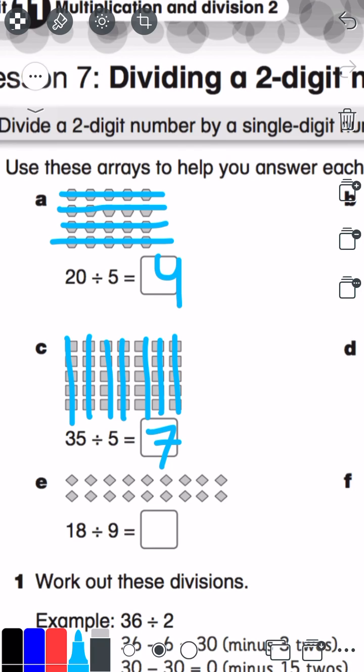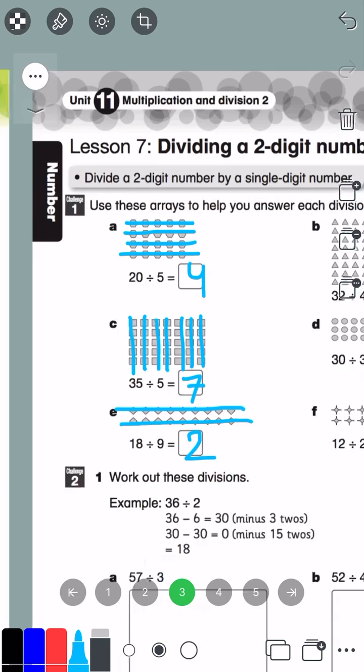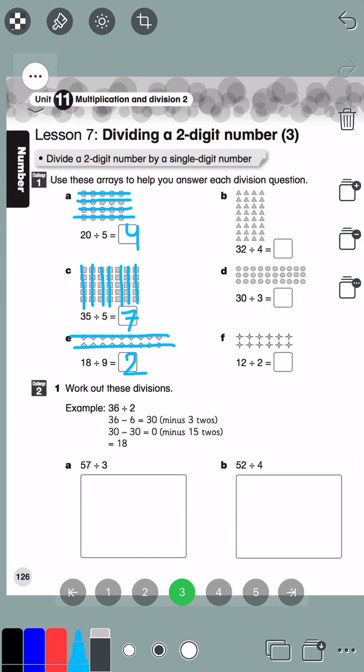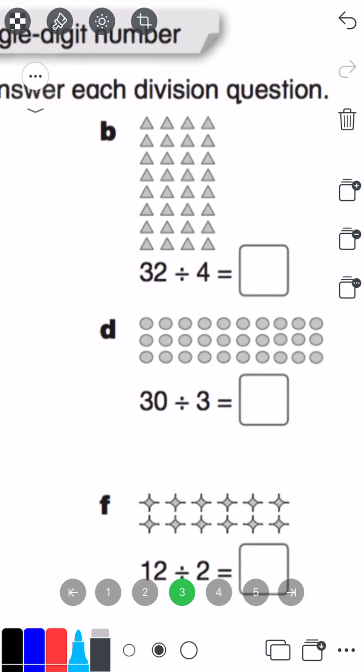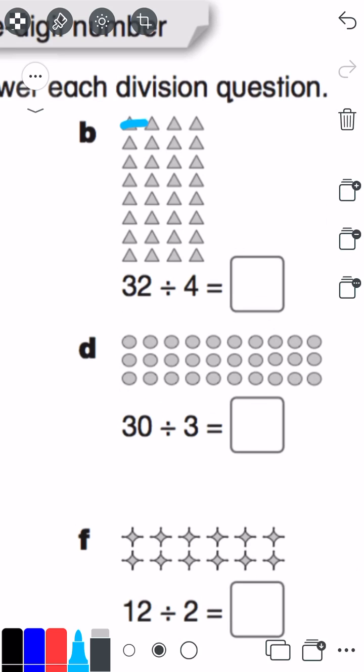Here we have 7. 18 divided by 9, cross the 9s and count how many 9s crossed. Here we have 2. So by crossing, it means we are taking away this number, like 32 divided by 4. Now we're crossing the 4s. And it can be possible by taking away the 4s, and we are taking away from 32 the 4s until